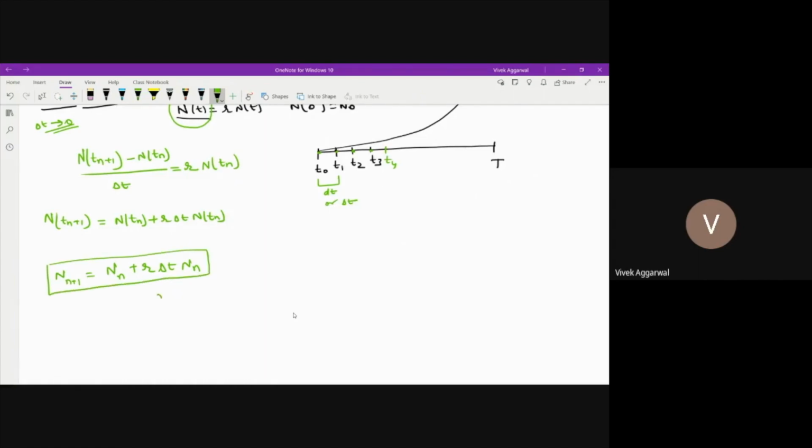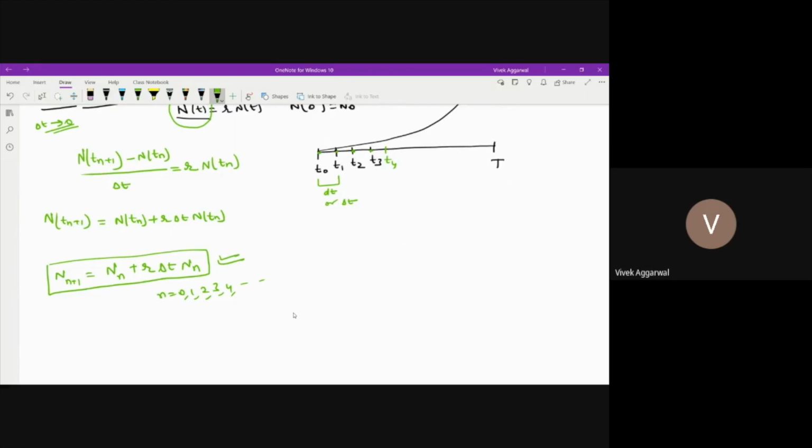From here, n can be 0, 1, 2, 3, 4, and so on. This way we are able to find the discrete form for applying the numerical scheme. So let's solve this in the MATLAB code.